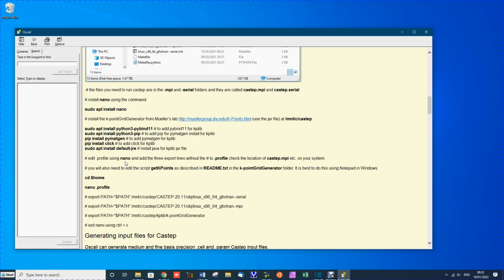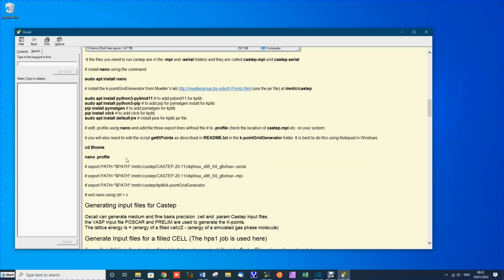Now when you have that done, edit the profile to put the path to the serial and parallel versions of Castep and the grid point generator into the profile so that the path to them is known. And you don't put in the initial hash, of course, when you're putting those into the profile file. Now when you've that done, everything is ready,